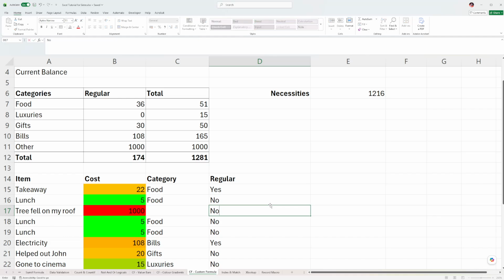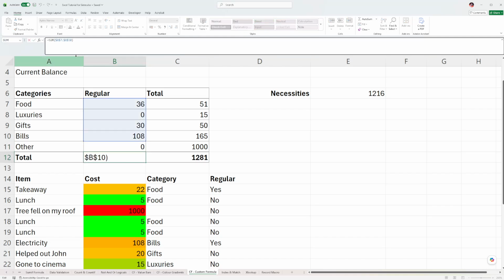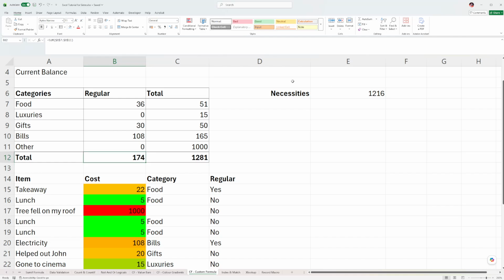But of course this is not a regular cost, so I'll change it back to no, but at least you've tested that that is certainly working. And again, the sum here is not taking into account your new row. So this is standard stuff you'll get used to as you update spreadsheets, just to check everything, including this necessities